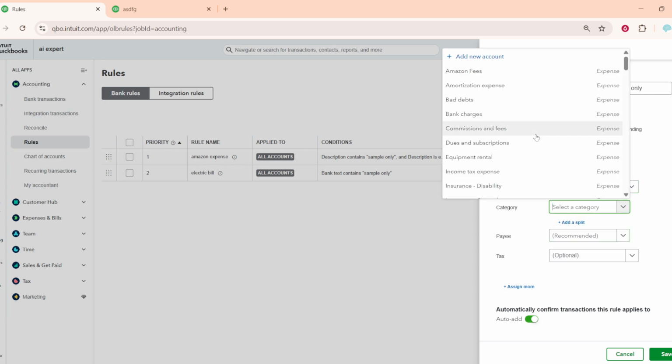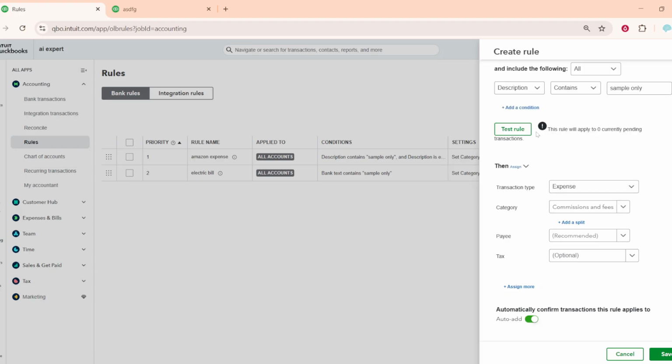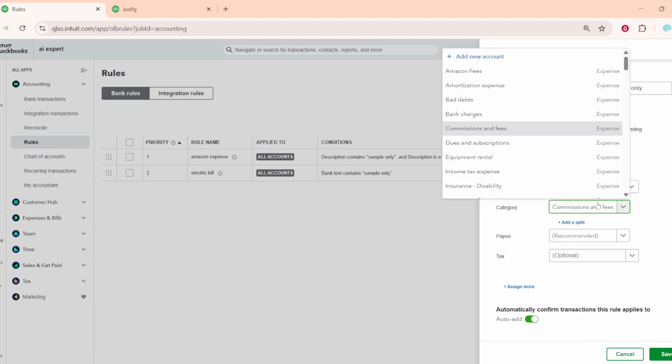In the Then section, tell QuickBooks what to do when those conditions are met. Choose the transaction type such as expense, check, or deposit, so the entry is created correctly. Pick the category or account where the transaction should be posted, like an expense account or income category. You can add a payee if you want consistent vendor tracking, and set tax if applicable to your region and